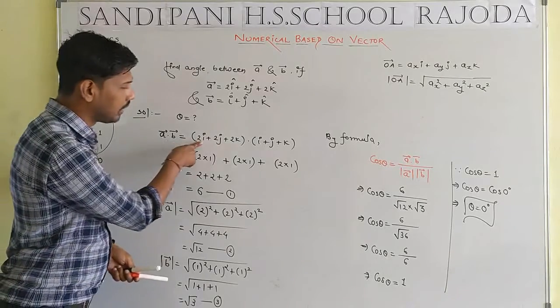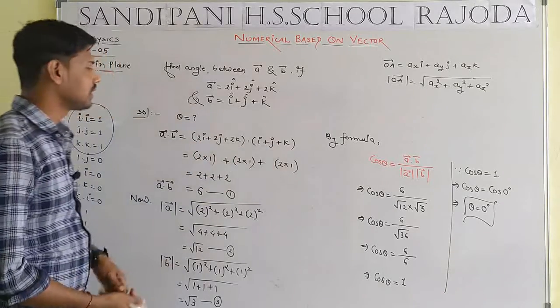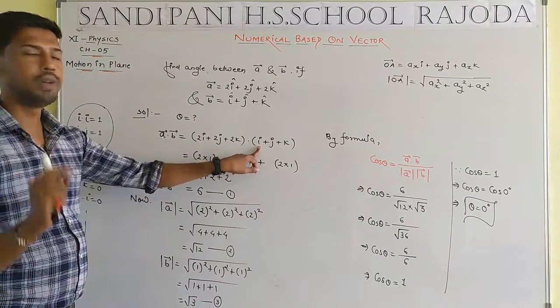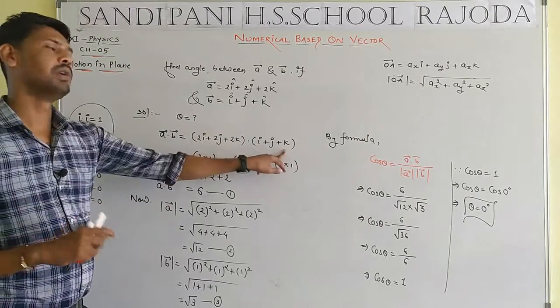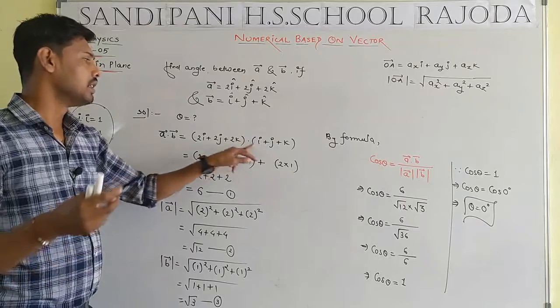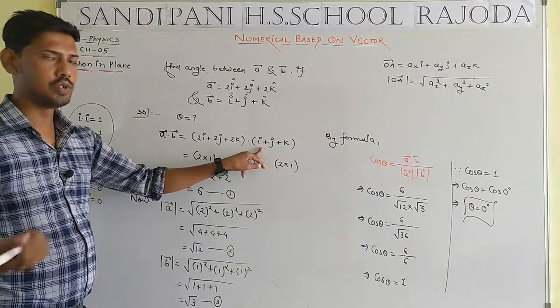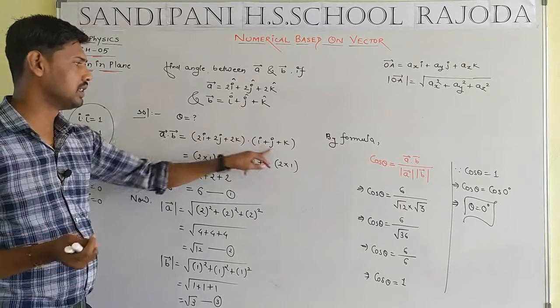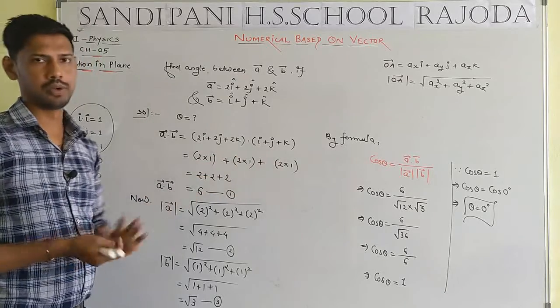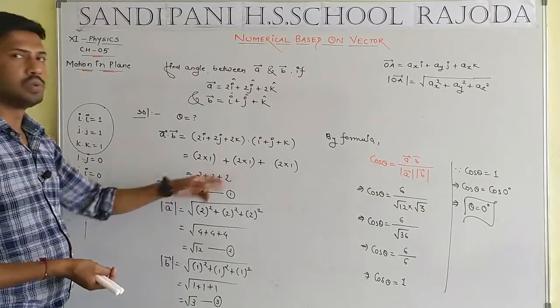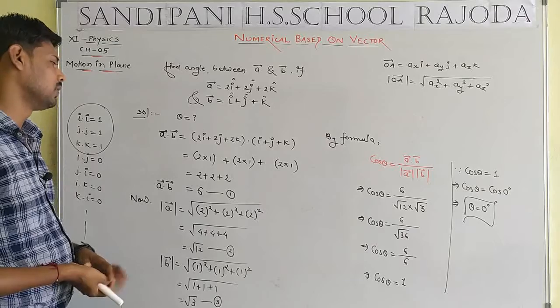देखिए स्टूडेंट, i का तीनों में मल्टीप्लाई होना चाहिए, बट i का i में इंटू होगा तो 1 और i का जब j और k में इंटू होगा तो 0. इसलिए हमने सिर्फ i का i में इंटू करा है, 0 वाले को अवॉइड कर दिया. j का j में इंटू और k का k में इंटू. ओके स्टूडेंट, 2 1 2, 2 1 2, 2 1 2, 2 plus 2 plus 2 will be equal of 6.